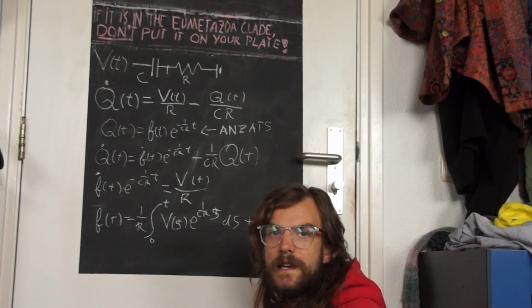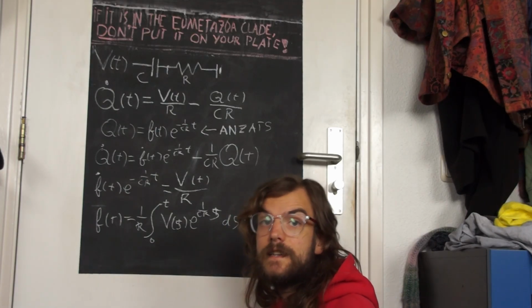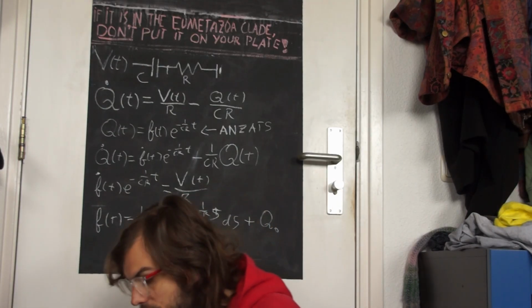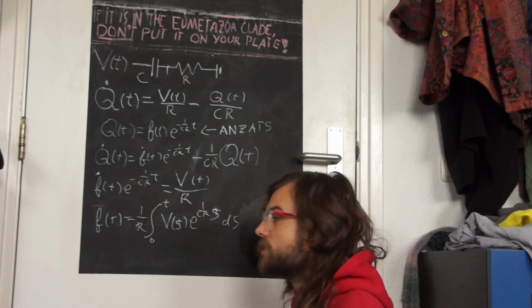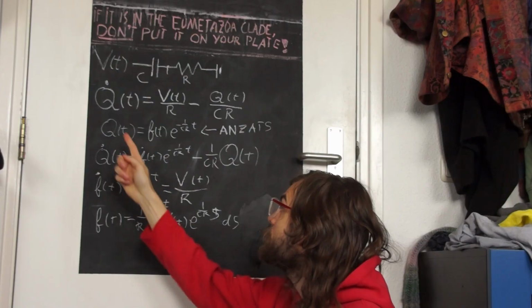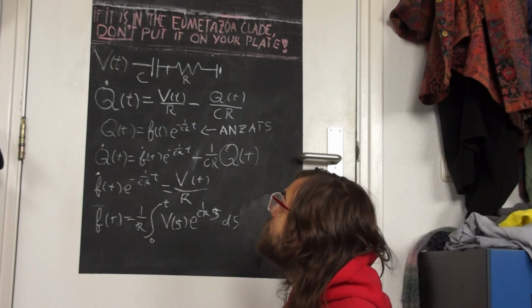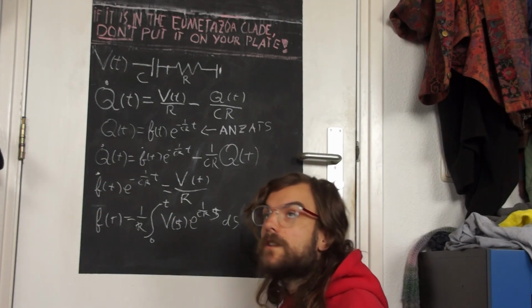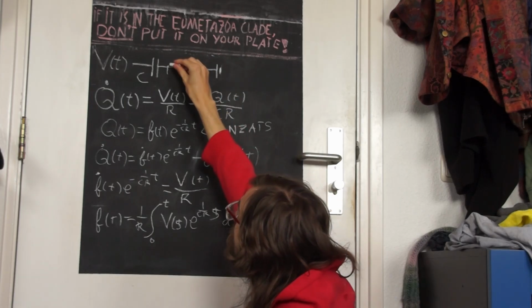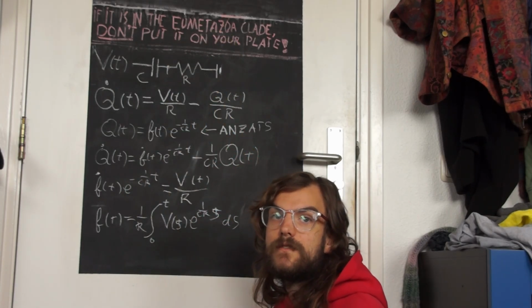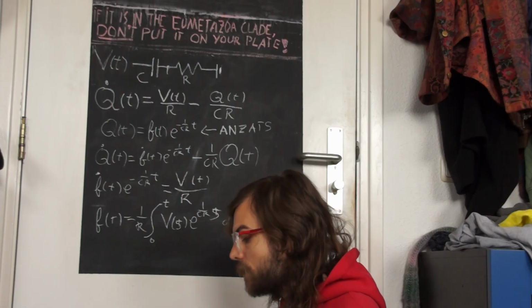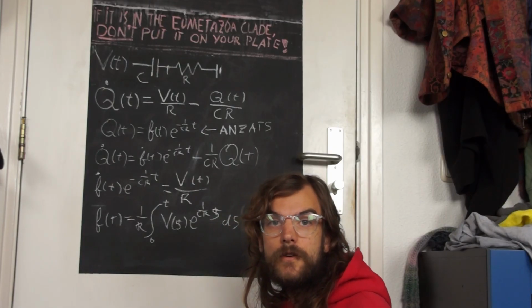Now we can assume that our capacitor is empty at the start of our problem to simplify the mathematics. So I'm going to say q of 0 is 0. Of course, now we found a solution for the charge. And then we can calculate the current, and from the current we can calculate the voltage at this point. And to continue the discussion about this voltage, I am going to go to the computer and show you on